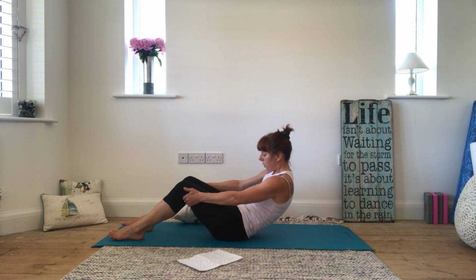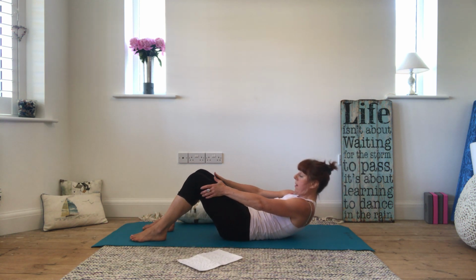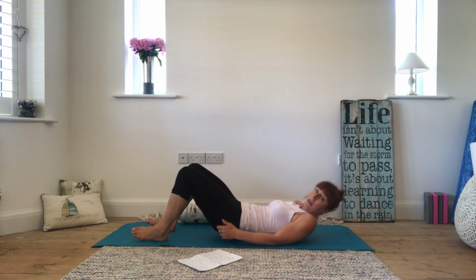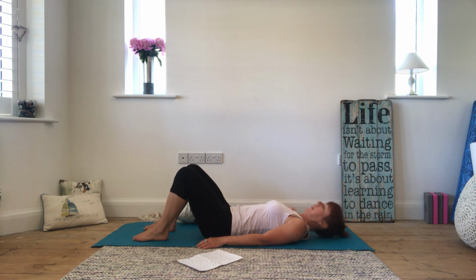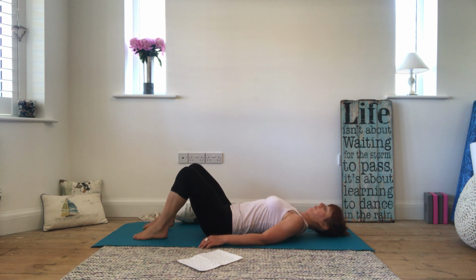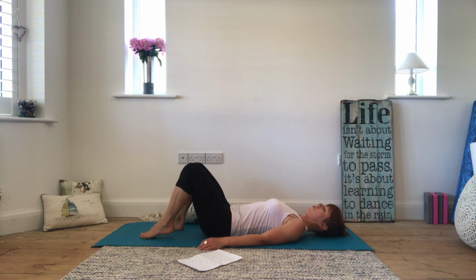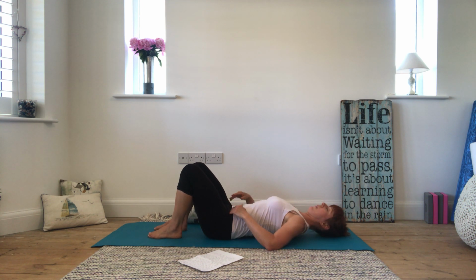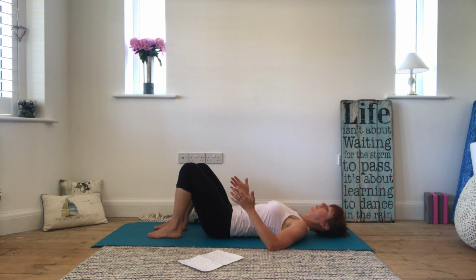Just going to move my notes to come with me, all the way down. Unravel your spine, vertebrae by vertebrae. I'm just going to shuffle down the mat a little bit. Great, okay, so just take a moment to settle your spine. We've done quite a lot of hard, strong work, big whole body movements. Heart rate is up, feeling a little bit puffed out. So settle your spine. Let's just wait a moment for the